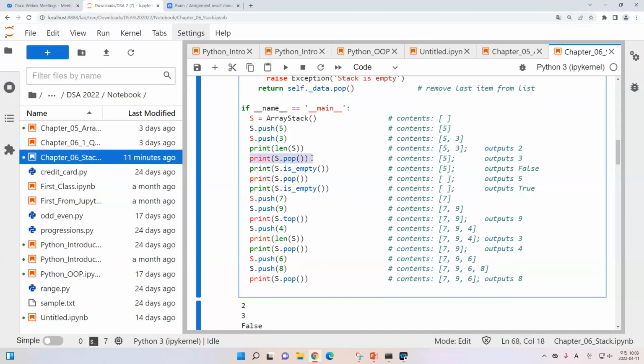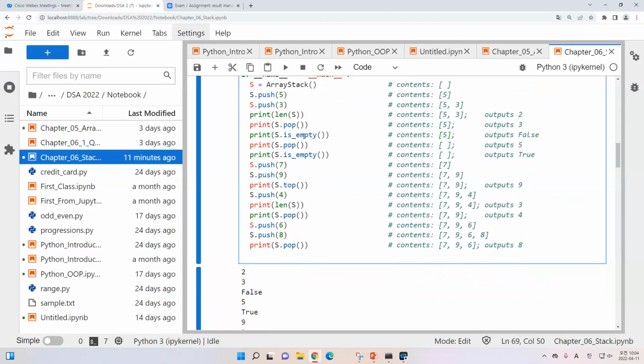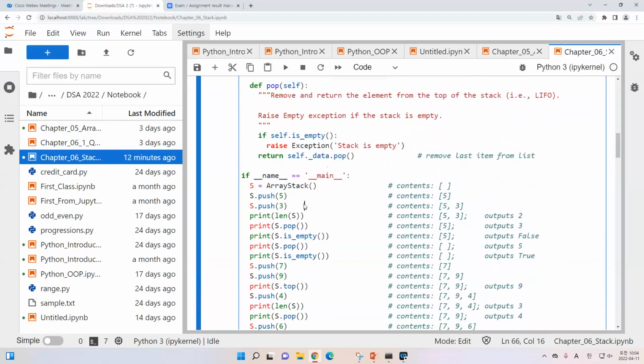If you want to print, when you want to pop, okay, when you remove, then it will remove 3 and the remaining content will be 5. If you want to check whether it is empty or not, yeah, it will return false because we still have one value. If you pop, we will remove the element and we will show 5 to be removed and the content becomes empty. If we want to check is_empty, yes, it is true. Now if we push, it means we want to insert a new element, 7. We push 9, we have a new element, 9. If we want to check the top, yeah, we can check this one, top, 9, and so on. Okay, so you can run this code and you will get